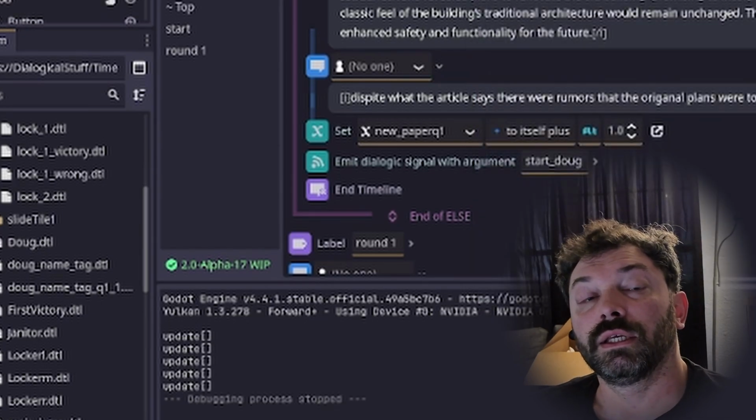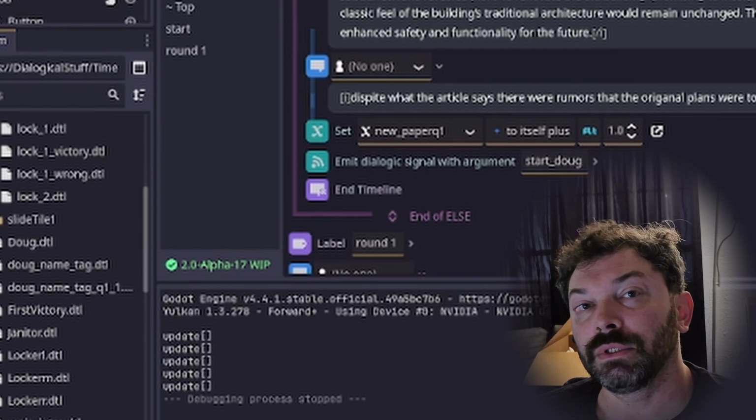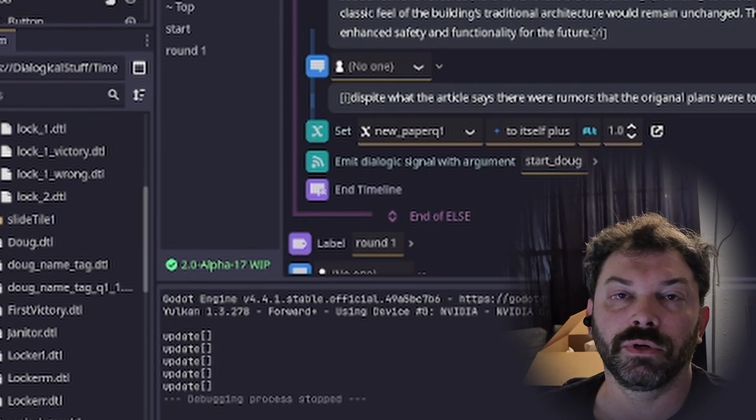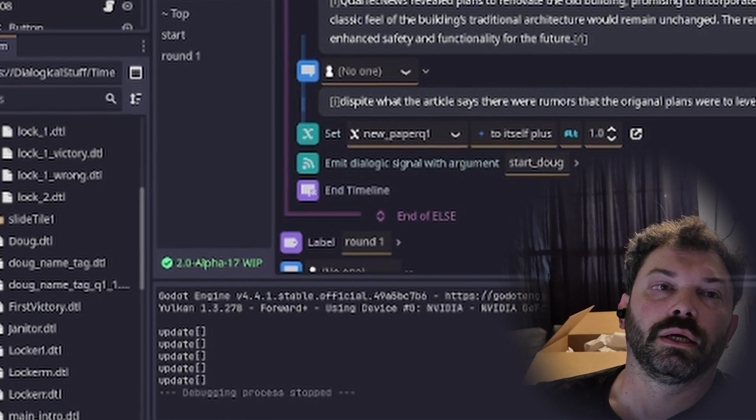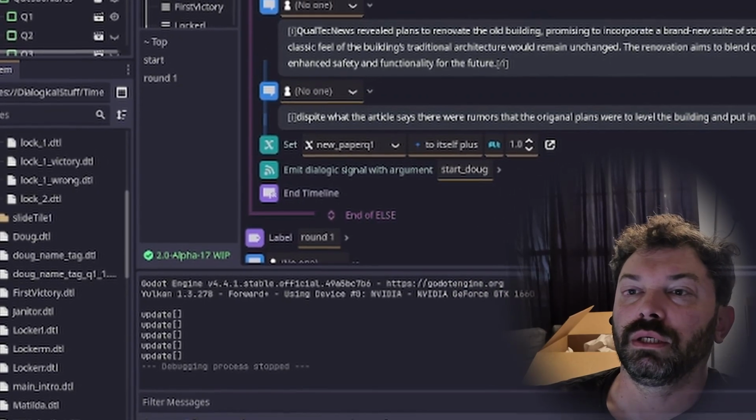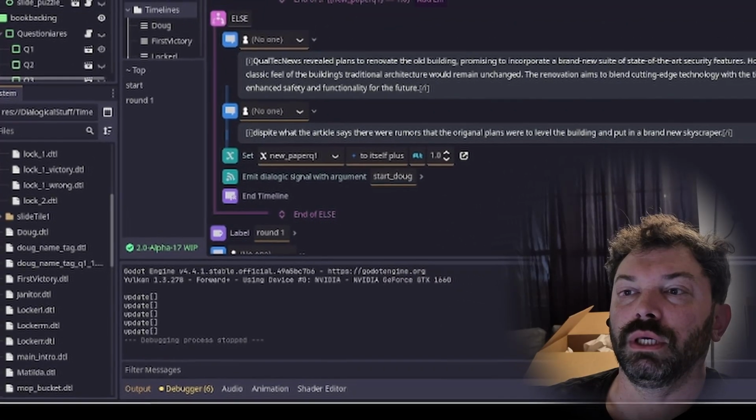My issue with that is if I play that same exact scene on my laptop, it freaking works. And so in the main game, when it's played,